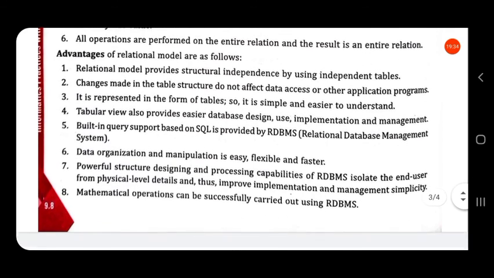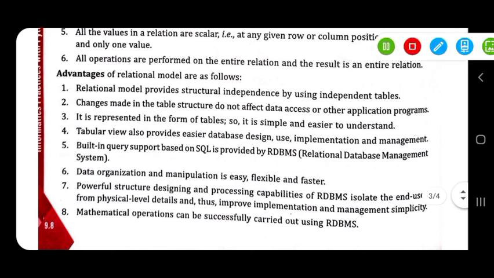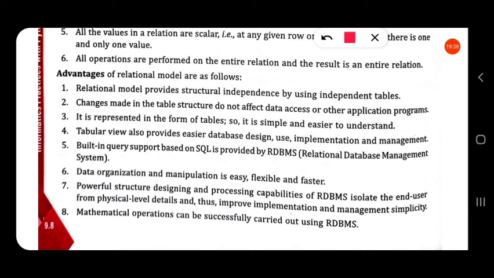Now let us see what are the advantages of the relational data model. So the first advantage is that the relational model provides structural independence by using independent tables. Changes made in the table structure do not affect data access or other application programs.